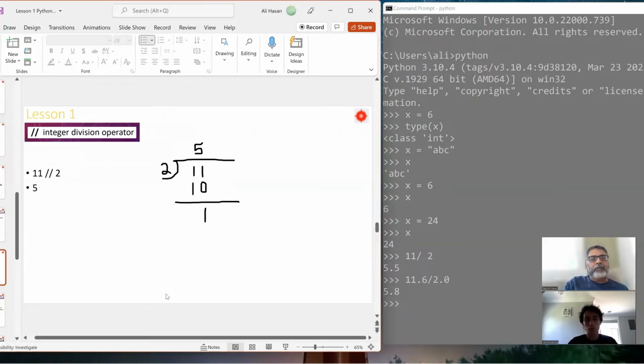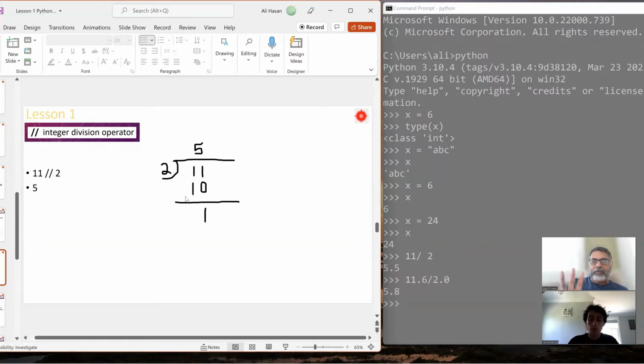And here I have the integer division operator. We want to divide 11 by 2 using the integer division operator, which has two, the symbol for that is 2 /. And here, this is what the compiler does, at least the way I'm thinking about how it would go about doing it. 11 goes here, that's the dividend. 2 is the divisor. 2 times 5 is 10. There's a remainder and it stops there. And you get 5. But in fact, it doesn't stop there, right? We discussed that last time. In fact, it goes all the way